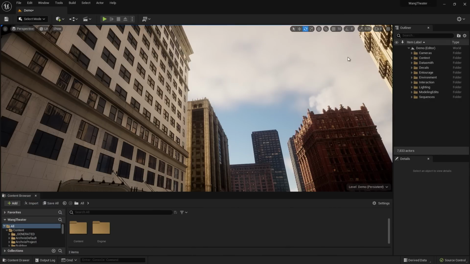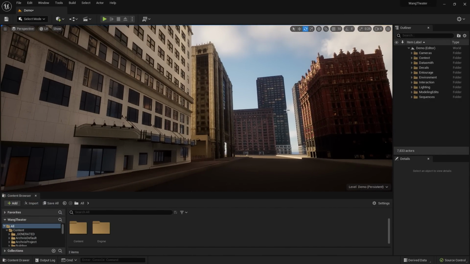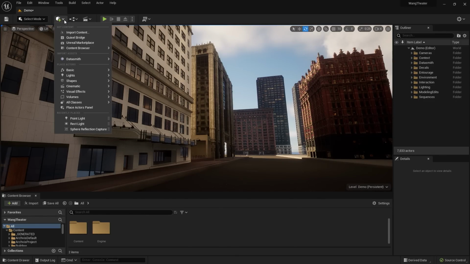Now I'll go back to Unreal Engine, and you'll see that I don't quite have the streetscape built out yet. So I'll showcase some of the new features within Unreal Engine 5 that make populating the scene a little bit easier. So I'll be showcasing Quixel Megascans. Quixel Megascans is a part of the Epic Games ecosystem that uses photogrammetry to produce assets that Unreal Engine creators have access to.